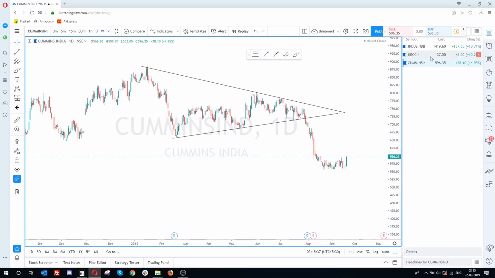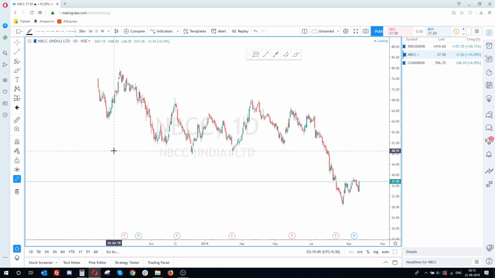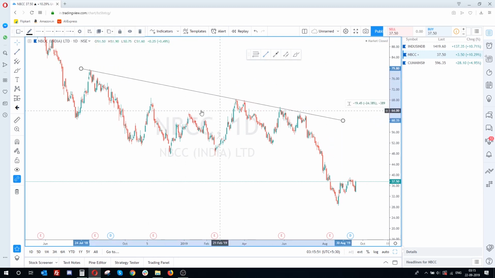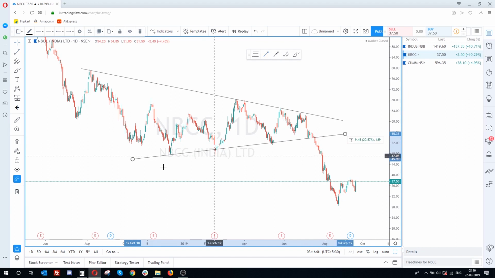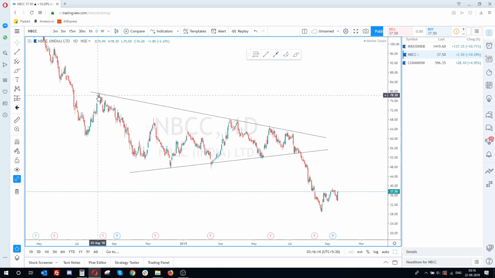So let me just go to the other stocks, and this is NBCC. Let me just connect all the, I see this, and at the bottom I see this. Okay, so at the top we see a resistance. So again, to explain,